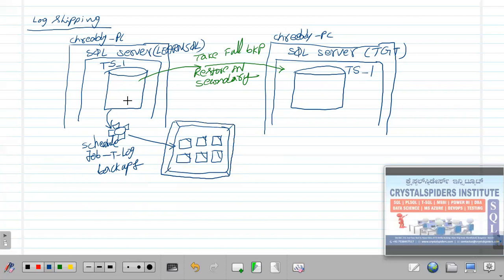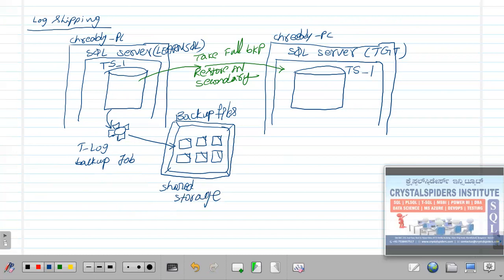Now here, this is a transaction log backup job, guys, and this job is taking the transaction log backups of this database. So this is the T-log backup. That's it. This is the backup path, where we are going to store all our backup files. This is shared storage.